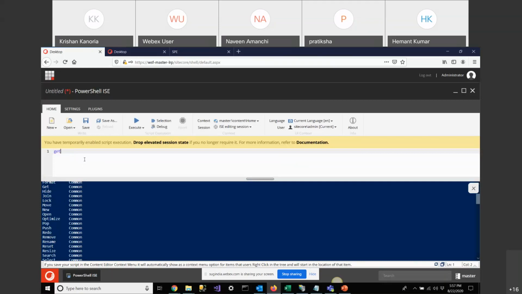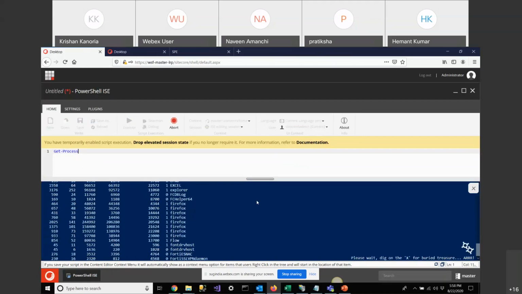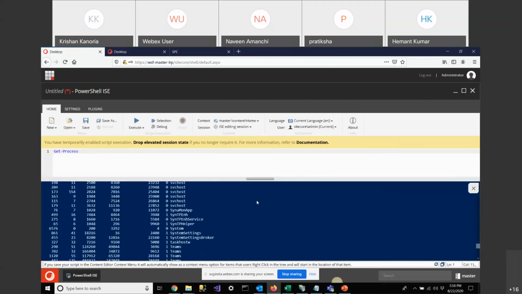Our next command is Get-Member. Get-Member provides all the member details of my cmdlet. Suppose I write Get-Process. If I run this, it will give me all the processes running right now.